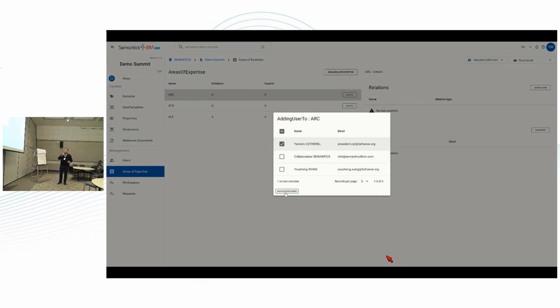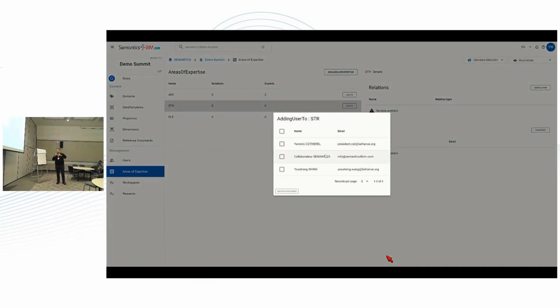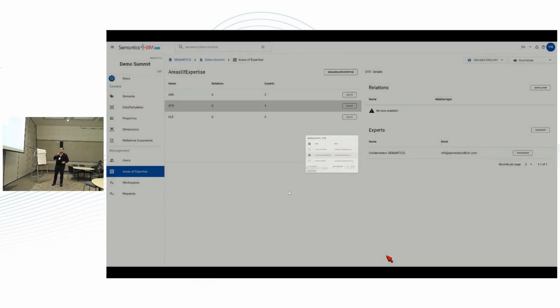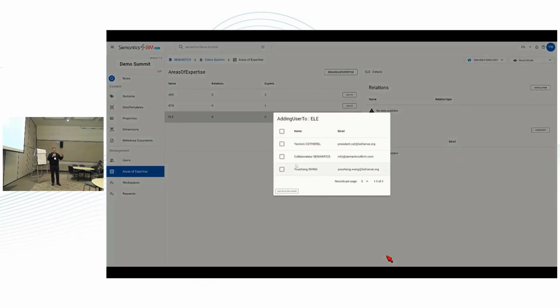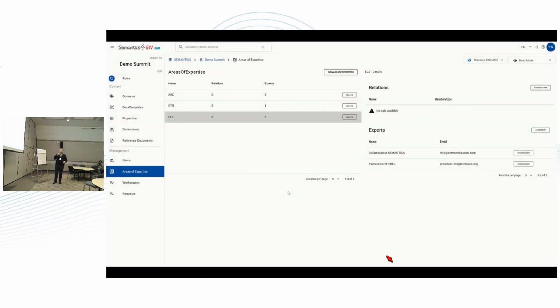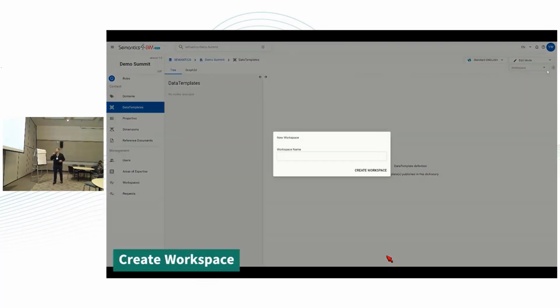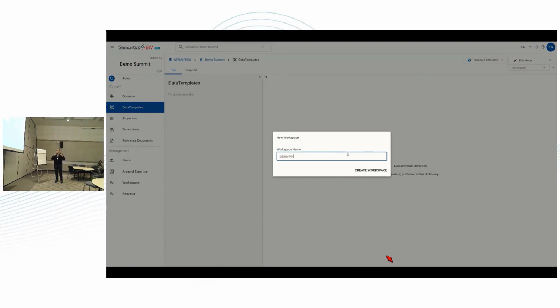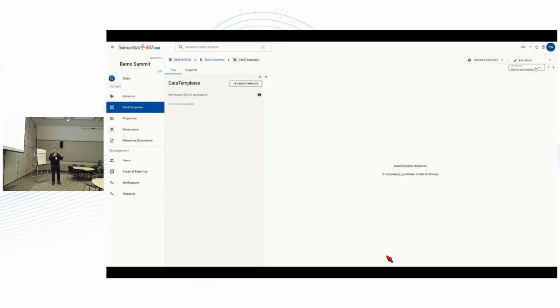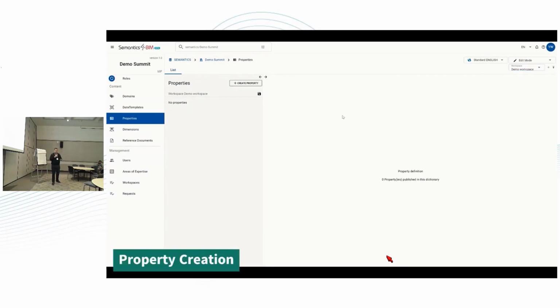I can do both ways, actually. I can do that in the user part to link the users to the area of expertise, and I can also define the area of expertise and define which users are in it. And now I'm going to show how to propose a modification, or to create, actually, here it's to create,